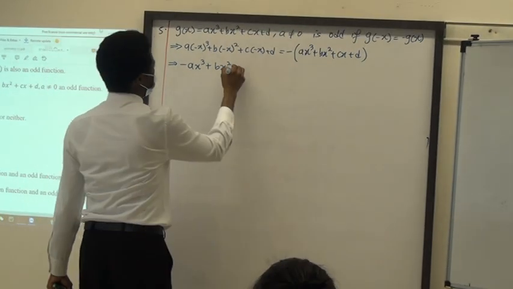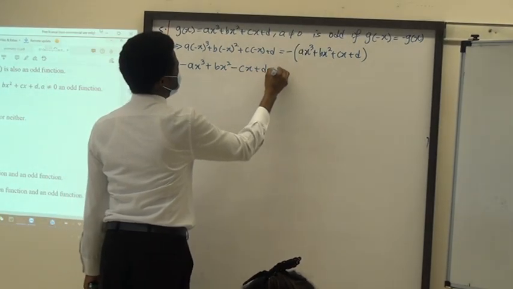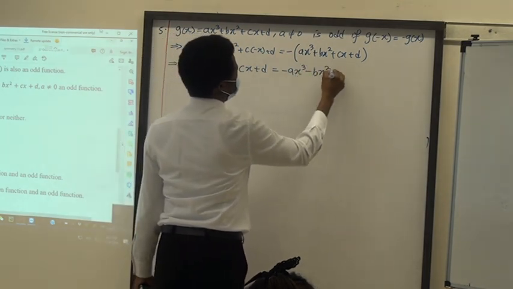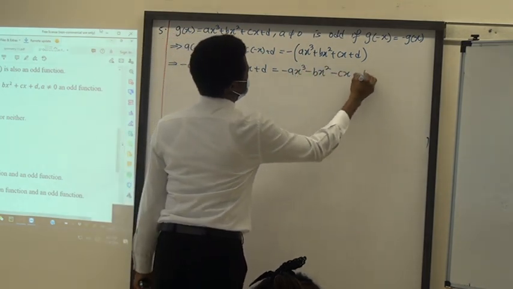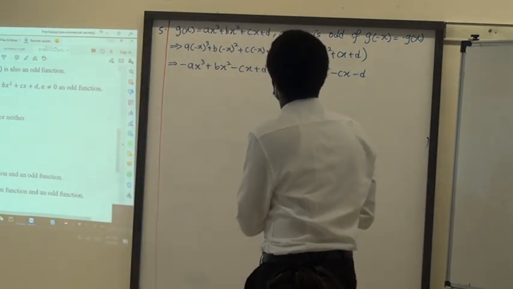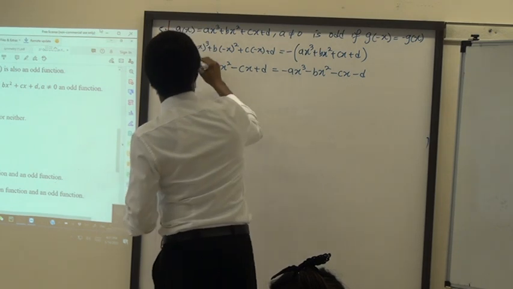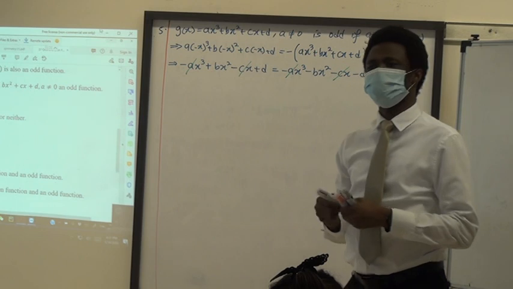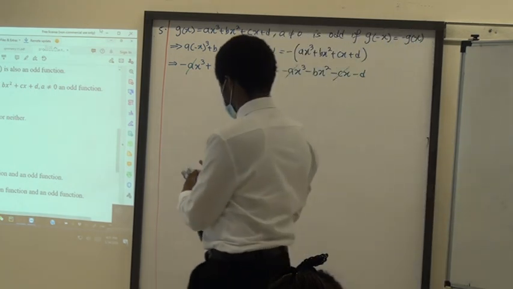So minus ax cubed plus bx squared minus cx plus d equals minus ax cubed minus bx squared minus cx minus d. Can anything cancel? Yes. Anything that looks the same on both sides will be eliminated. So we are left with